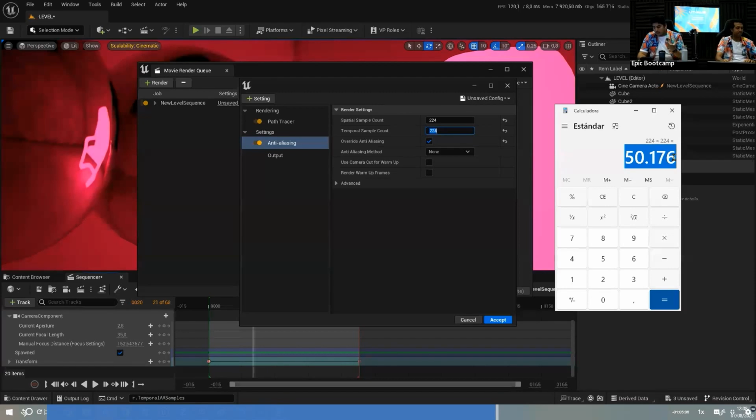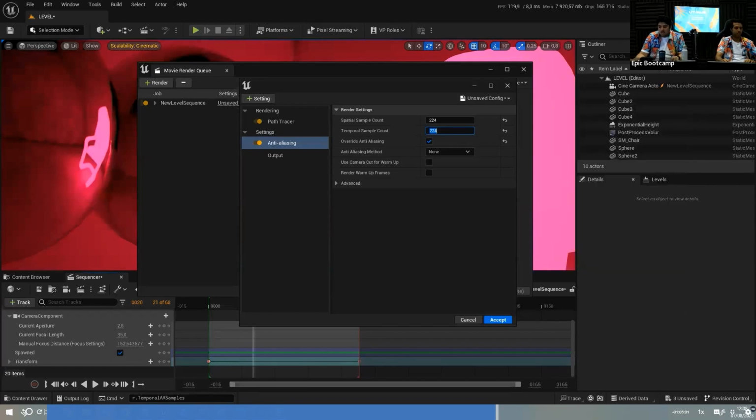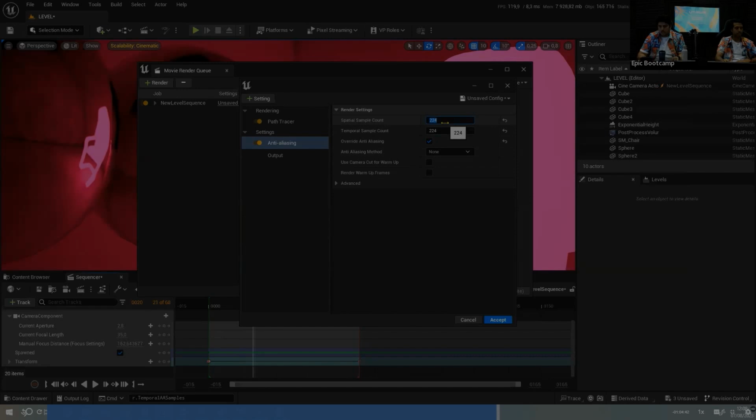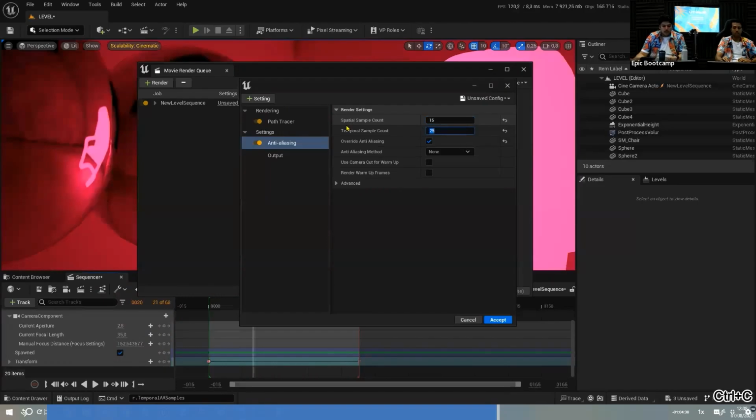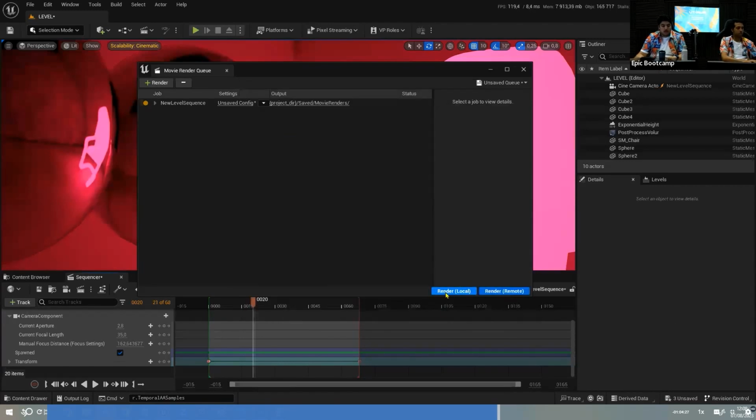So instead of adding up, try to multiply them. Okay, you can go with something simple. You can go with something like, yeah, 60 by 60 is way too much, 20, 10. I will say 15 by 15. Yeah, let's go a little bit lower, but 15 by 25 may work. Actually, what I could do is go inverse because I have more spatial samples than temporal, but you will see this later on. And now when I render this,